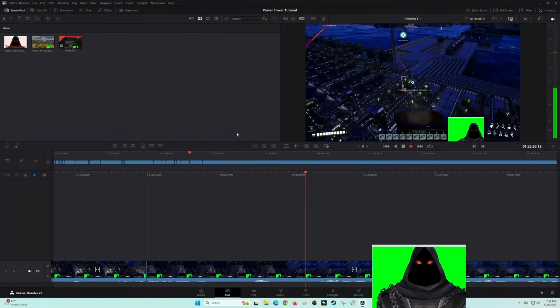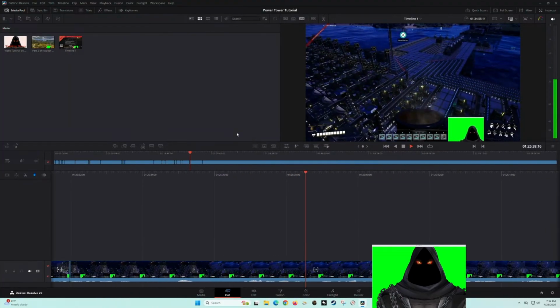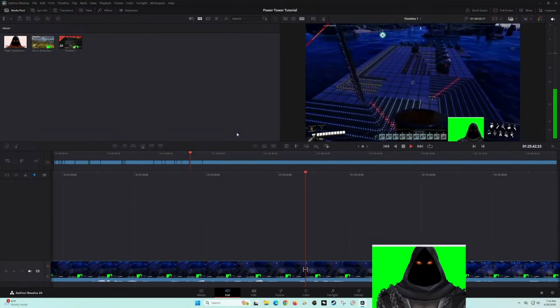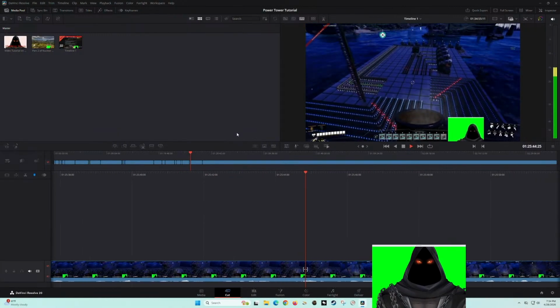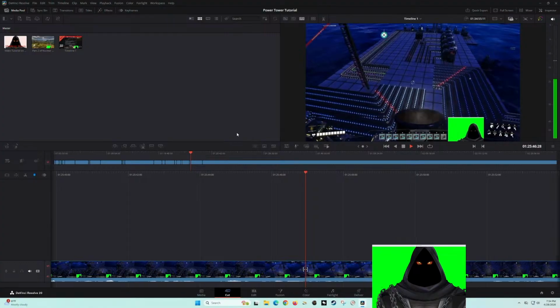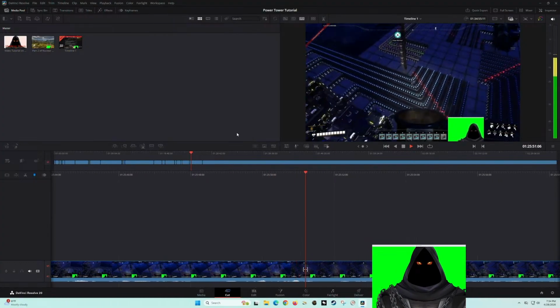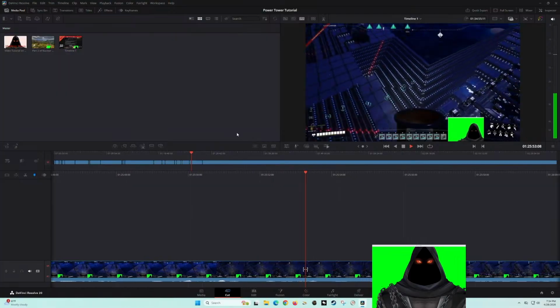Now, the way that this works is the drift is going to happen. So if I'm facing the power tower from this direction, then the drift is going to happen moving to the right.